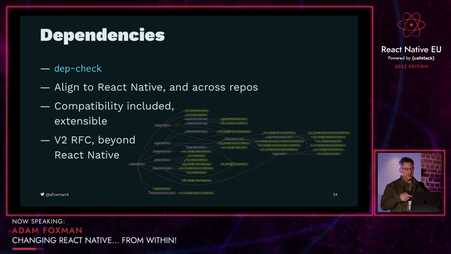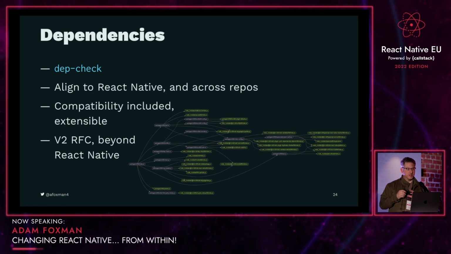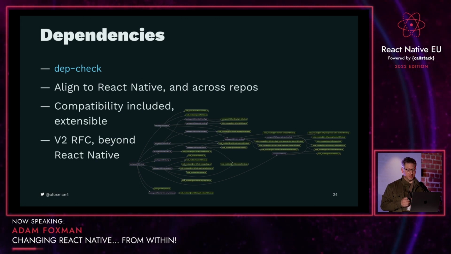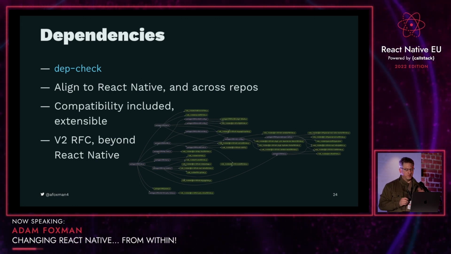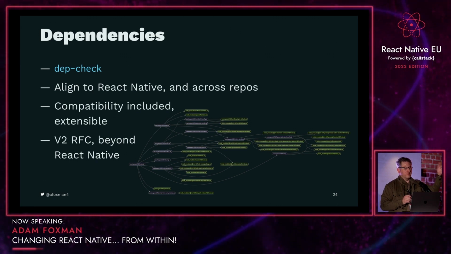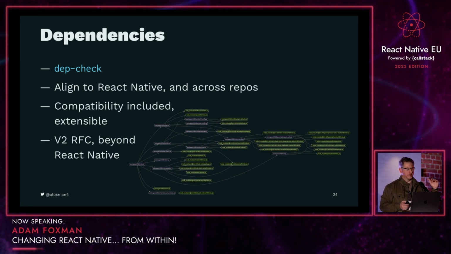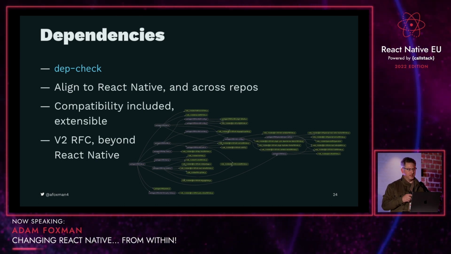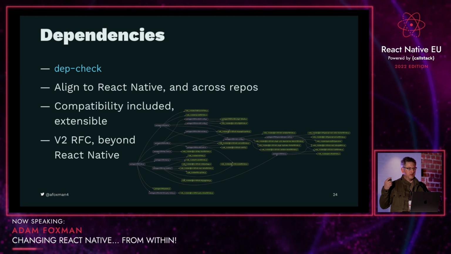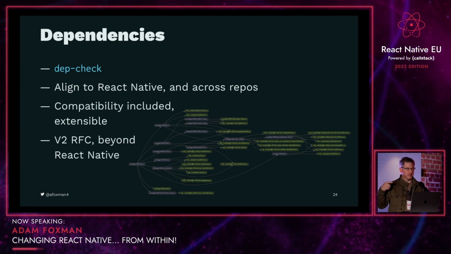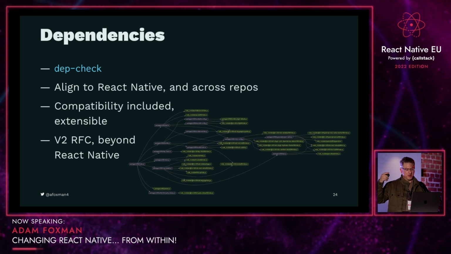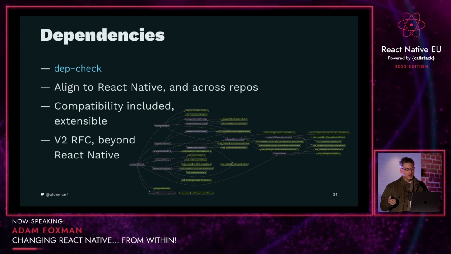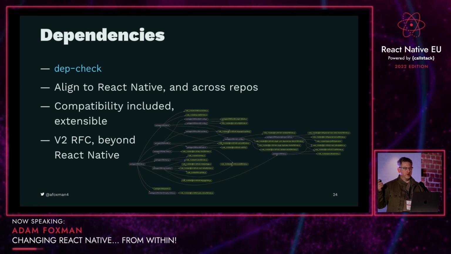DepCheck, really, the way it works is it comes with this magical database inside. And I say magical because it kind of is like magic. Think of it as, per React Native version going back about 1 year or 2, maybe even 2 or 3 years, a list of all the dependencies that we use in all our apps, and the versions that we know we have tested really to death. Like netinfo and async storage and reanimated and gesture handler and datetime picker and clipboard and so on. Which versions of these guys